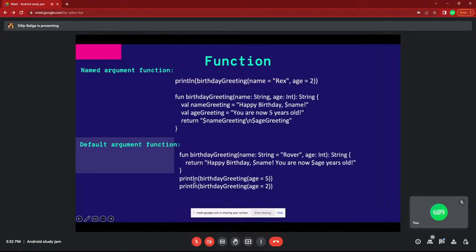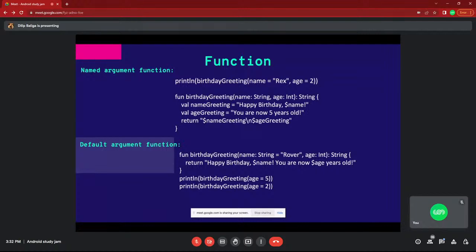And in printf, you are calling this function. You can see here I am passing only one variable, age equal to 5, but I am supposed to pass two variables. So you can ask that question also. But I already specified the value of name here itself. That means this is the default value I can specify here.